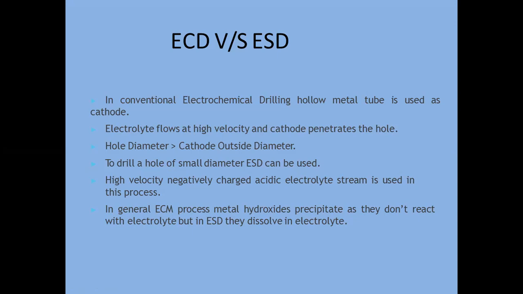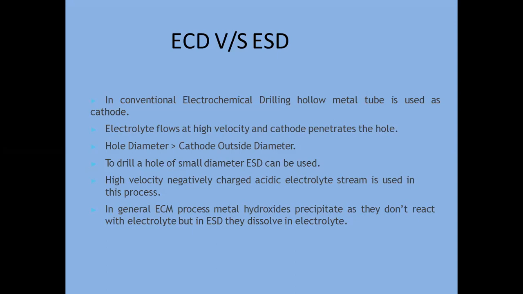In electrochemical drilling, we will be using a hollow tube, similar to a lengthy rod, and it can be used for comparatively small, particular applications like aerospace applications, where we need to provide some small joint so that the part is small and the assembly should be very tiny. Then we can use this electrostream drilling instead of electrochemical drilling.